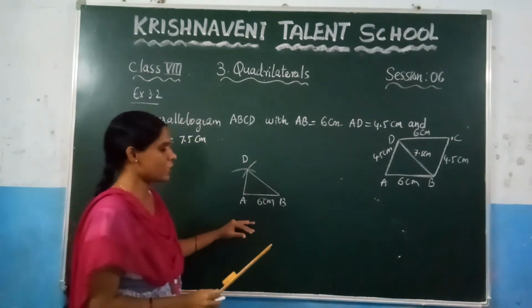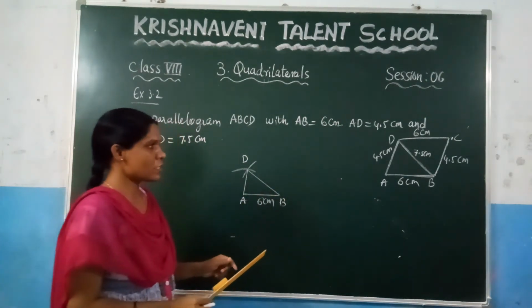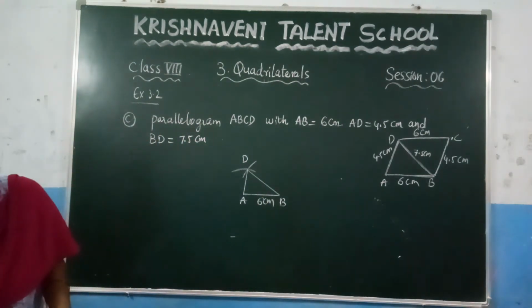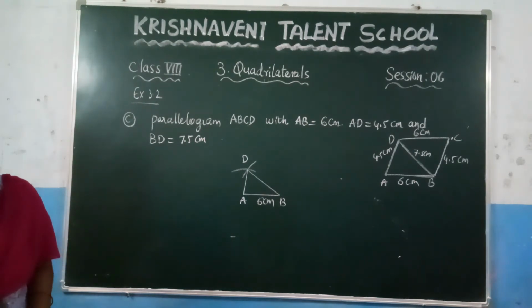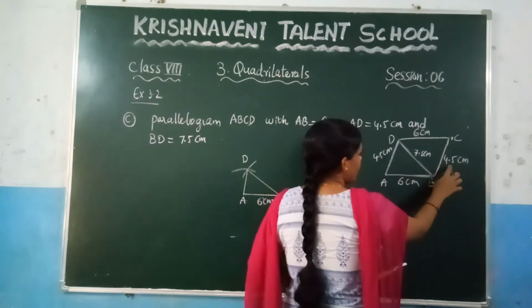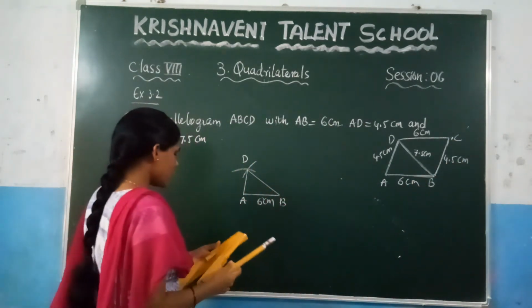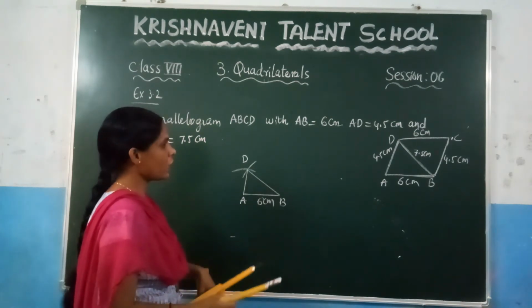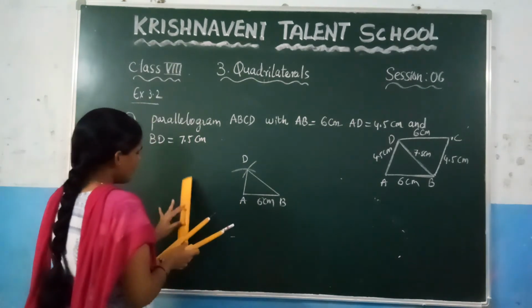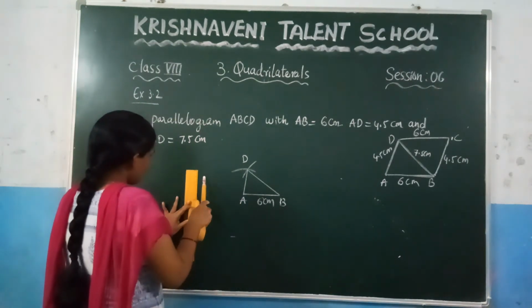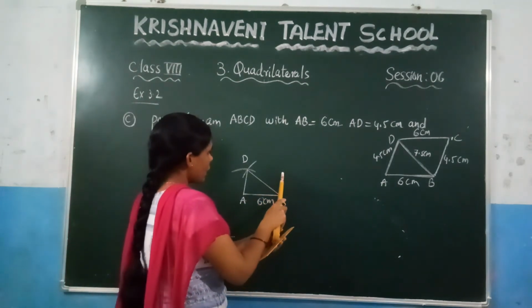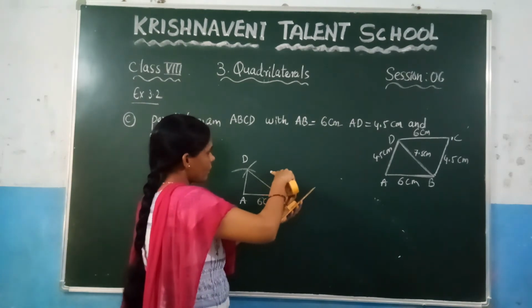After constructing the triangle, you need to mark the other vertex. What is the vertex which is left out? It is C. Now if you want to make the intersection point as C, again you need to make an arc. So in the rough sketch, let us see the length of BC given, which is 4.5. So at vertex B you need to make an arc of 4.5, and you know that 4.5 lies between 4 and 5. So let us take 4.5 with the help of the compass, right? And from vertex B, draw an arc of 4.5.